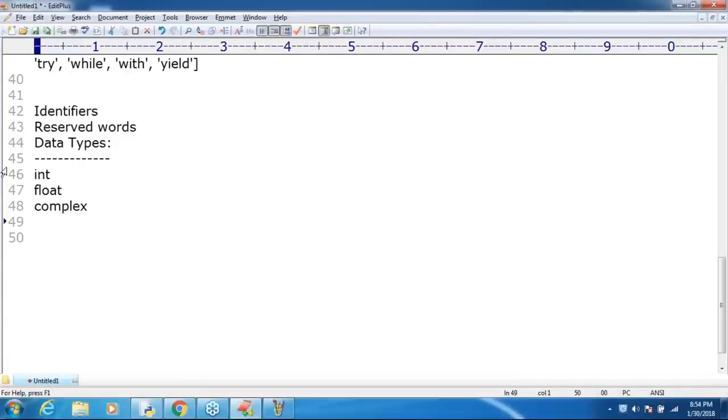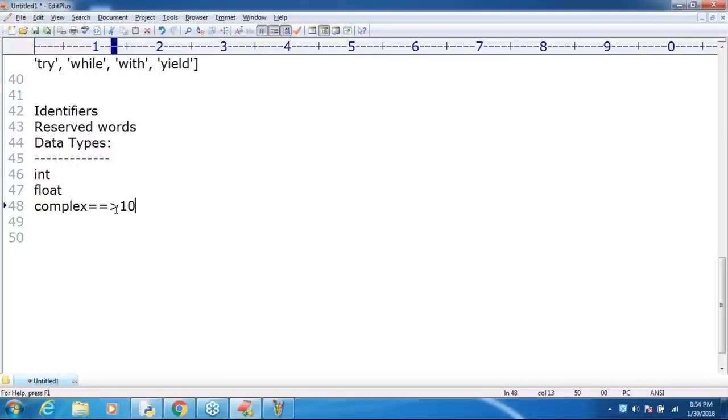If you want to perform scientific calculations, or develop scientific applications, then Python is the best choice. The reason is that Python contains complex data type also.